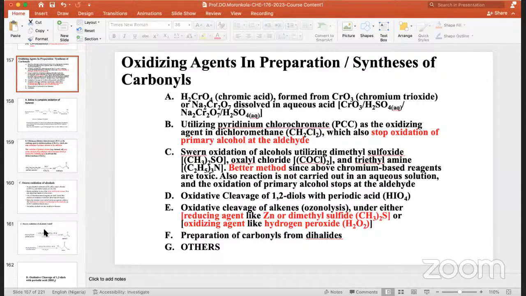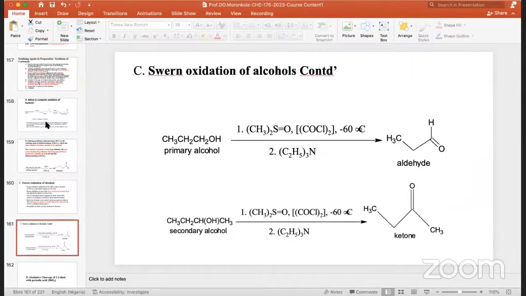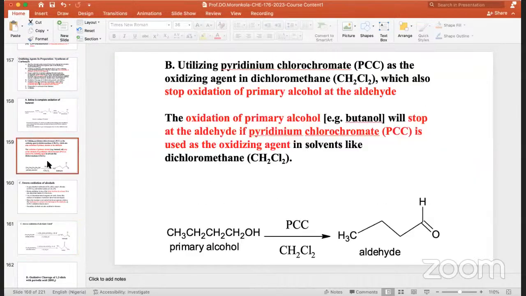Let's see vivid examples in this perspective for B. The oxidation of primary alcohol, such as our butanol, will stop at the formation of the aldehyde if we utilize PCC as our oxidizing agent in solvent like dichloromethane. I'm representing it with this equation here. And you are starting with butan-1-ol, and you are ending with your aldehyde. And no further oxidation when you utilize this PCC, CH2Cl2. It's a good selective